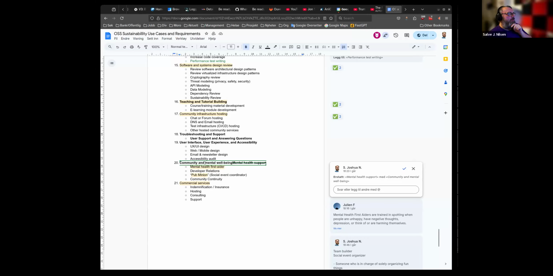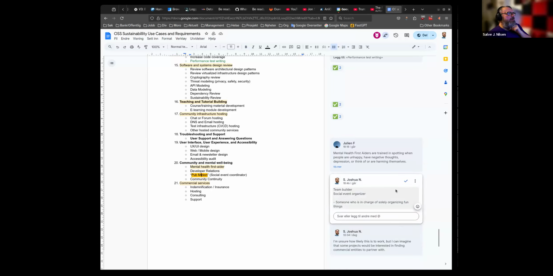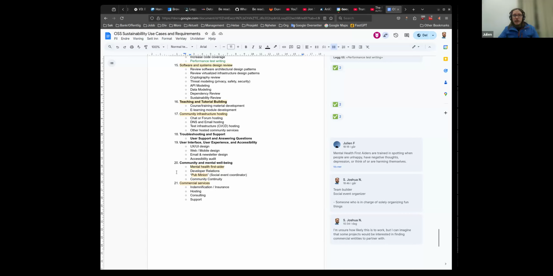And for point 20, the headline, community and mental well-being, is that better than mental health support? Or should we have a third option? Yeah, I like that. You like the first option? All right, then we do that. The one that's currently there, let's stand until we find something better or more funny. If anything in that spec is allowed to be funny, it has to be that one. Okay, so I think we should add a smiley to that one.